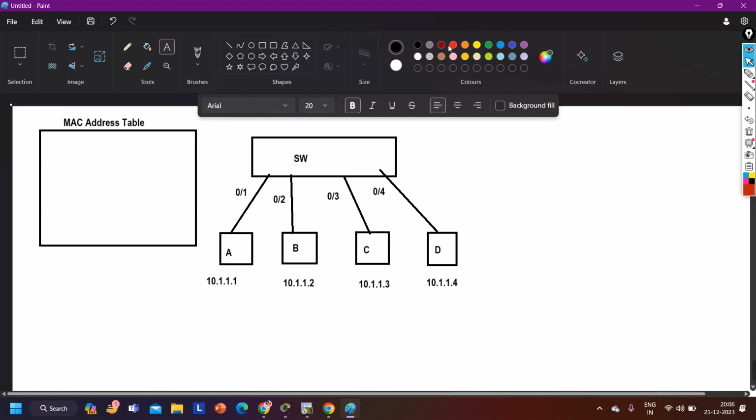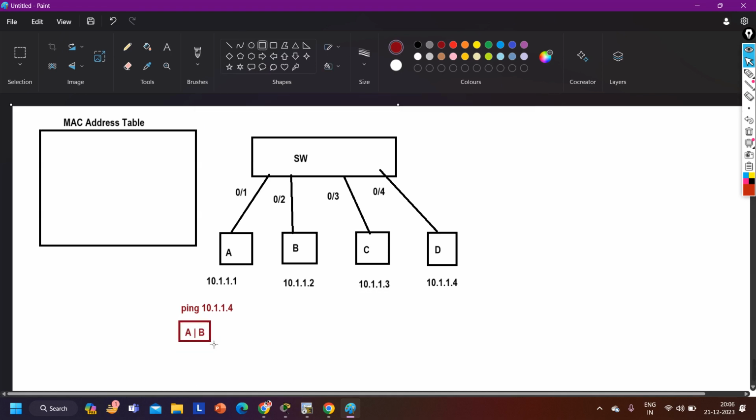Let's say if 10.1.1.1 wants to ping 10.1.1.4. So in the packet, the source MAC address will be A and the destination MAC address will be B. When the switch receives this frame, first the switch will learn the source MAC address. The switch receives this frame on the 0/1 interface, so it will learn the source MAC address on this interface. That means a device is connected on the 0/1 interface whose MAC address is A,